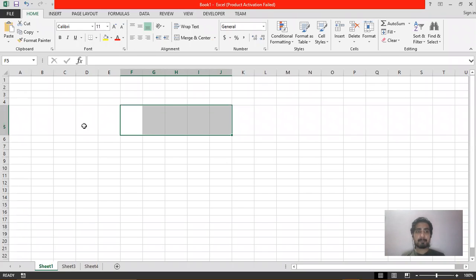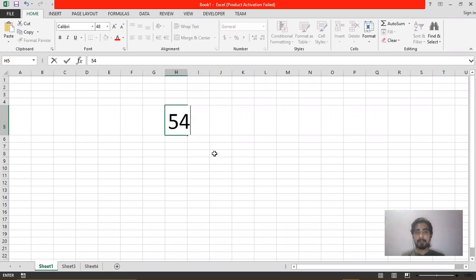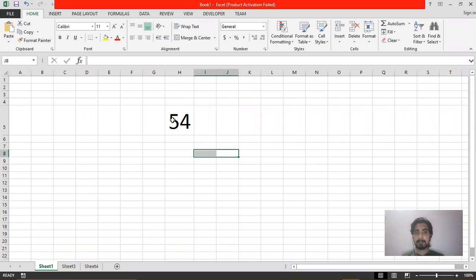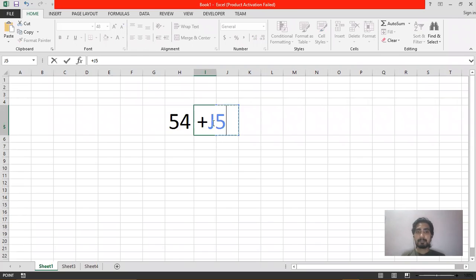So we have come back to the MS Excel application. Now suppose if I'm writing any number, for example, 54, then this is a number data type because in this only number is there. If I'm adding any symbol, then that will also be considered as a number data type only. So these data are known as number data type.